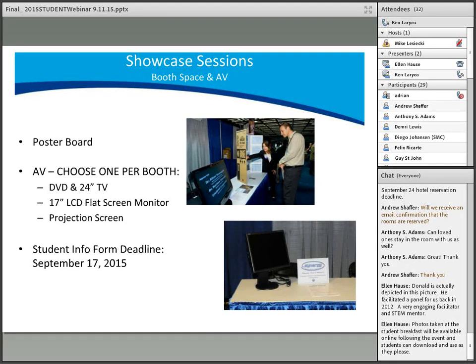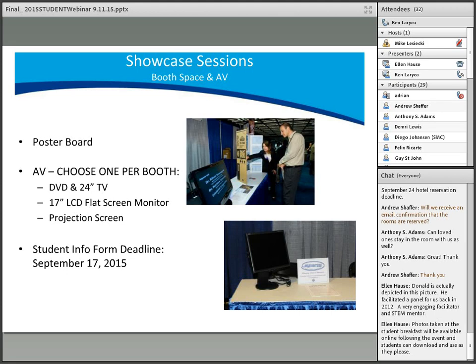If you wish to obtain your poster board and pins on site before your showcase setup, please check with the registration desk and someone from AACC will provide one for you to mount your display before bringing it down to the exhibit hall. Otherwise, poster boards and pins will be placed at your booth if you've requested one, and you can utilize it during the showcase setup period.